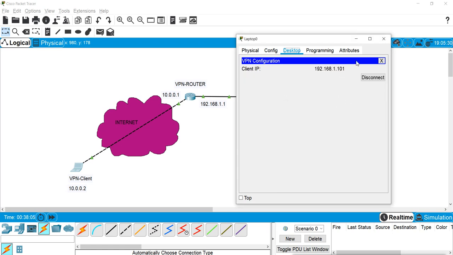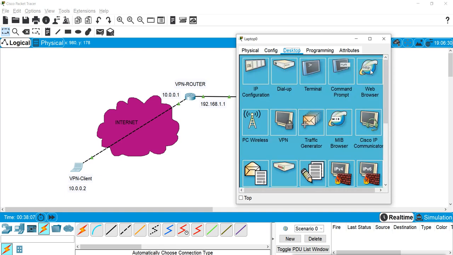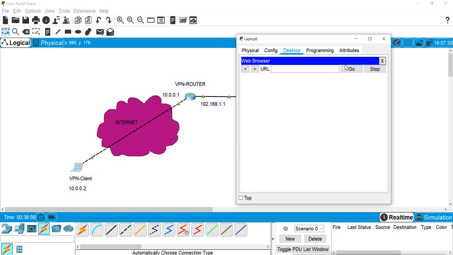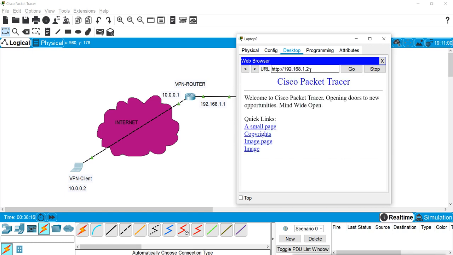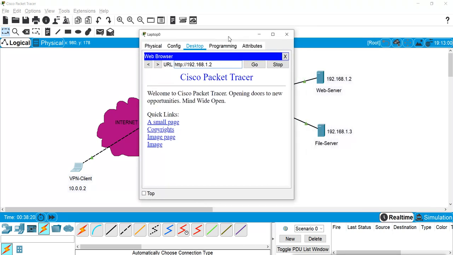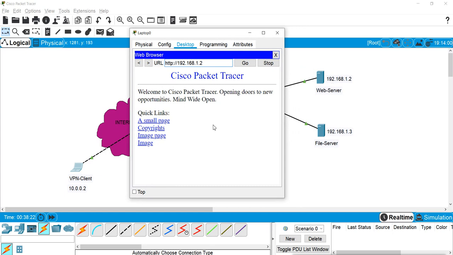Let me try to access the browser directly. Okay, it is giving access to the web server. This website is coming from this web server. So we can access it because we are connected through the VPN.